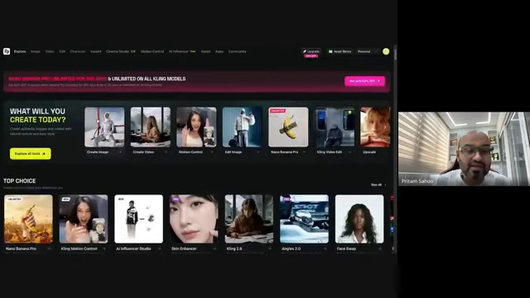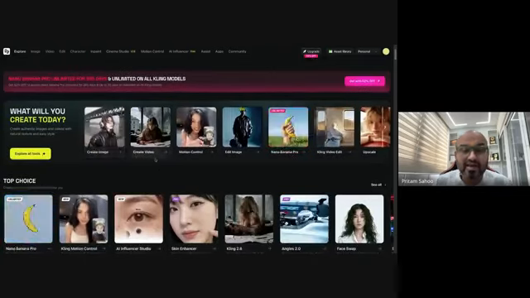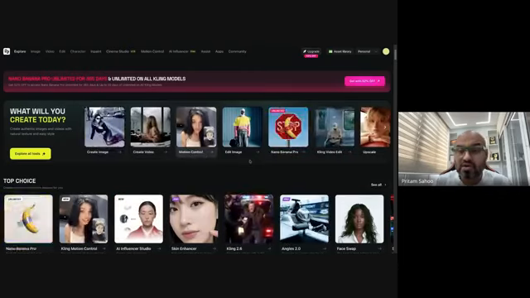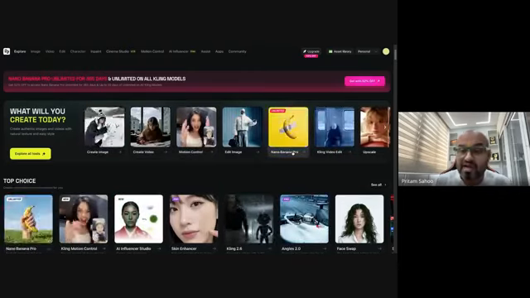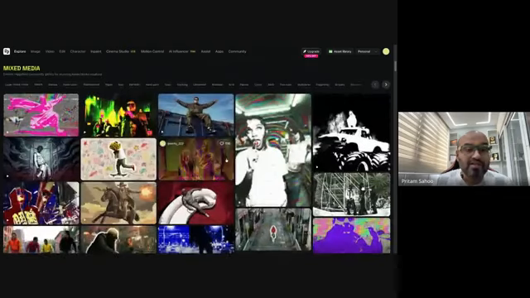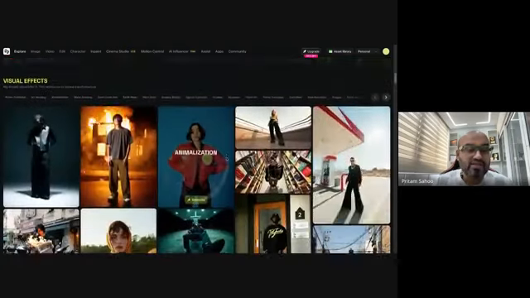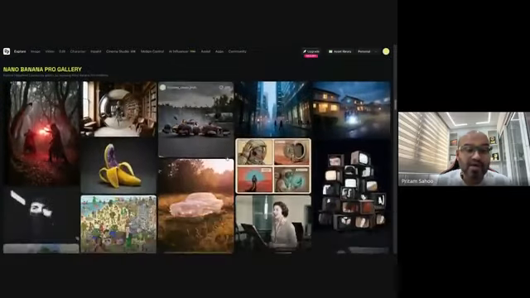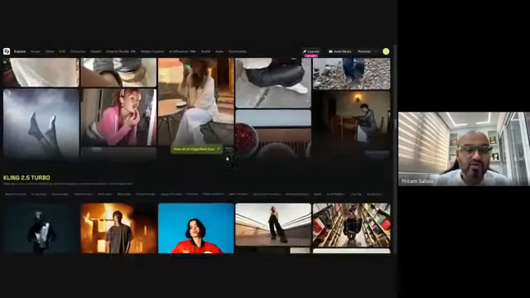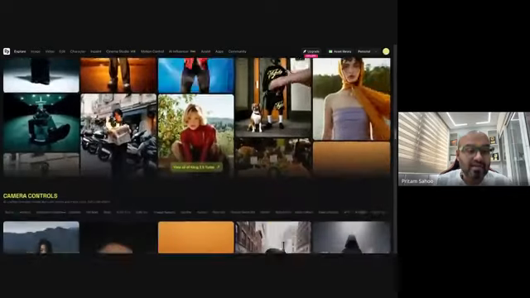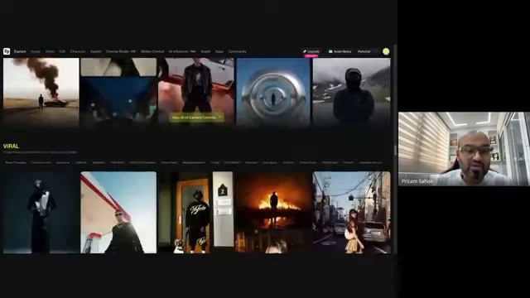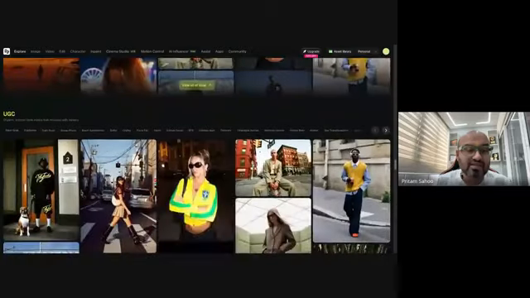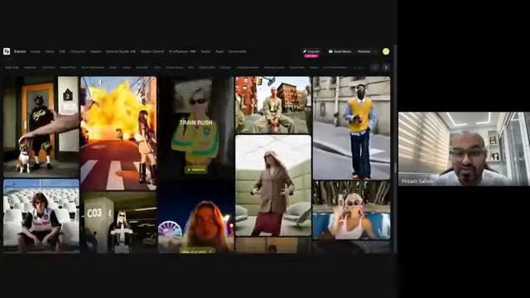And you can get started with your choice, like create image, create video, motion control, and of course my favorite, Nano Banana Pro. You can see a bunch of options here where it is very easy to get started with visual effects, Higgsfield apps, Nano Banana Gallery, which you will see if you are new to Nano Banana, and turbo and camera controls. Everything you see is there, including UGC, right?